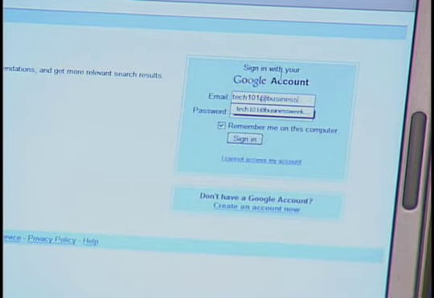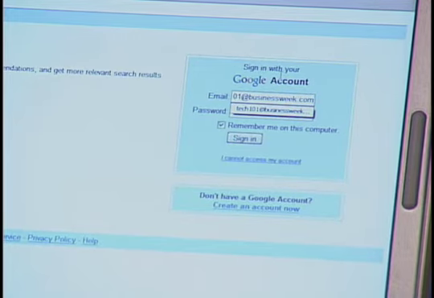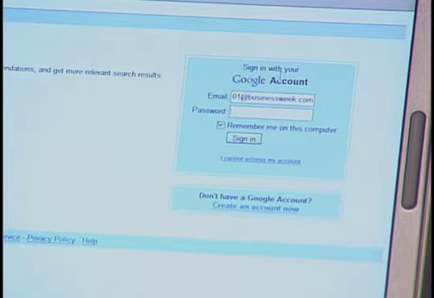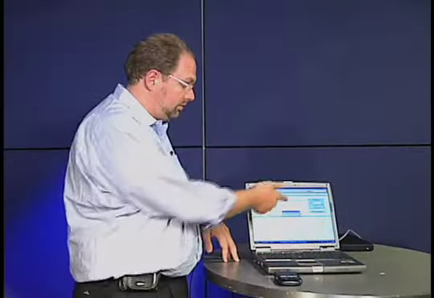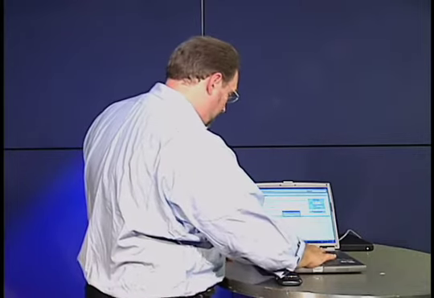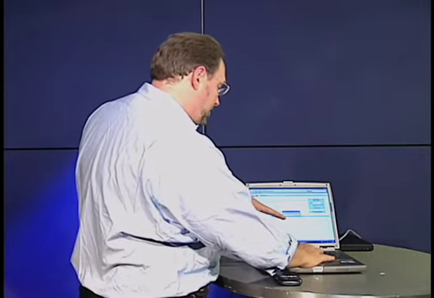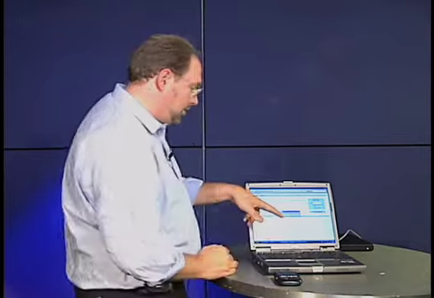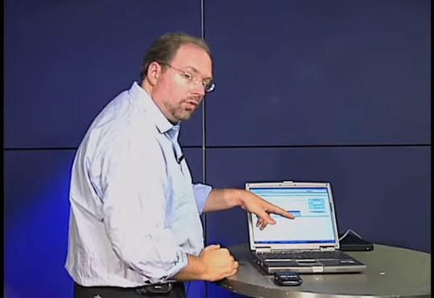And now that I've done it, you see it brought up this dialog box here that offers very helpfully to remember the username and the password. So the next time I come back to this site, it will fill in those two fields over there. Now, Firefox does this very well. It's actually one of my favorite features. You also have the choice here. You see it says, remember, never for this site or